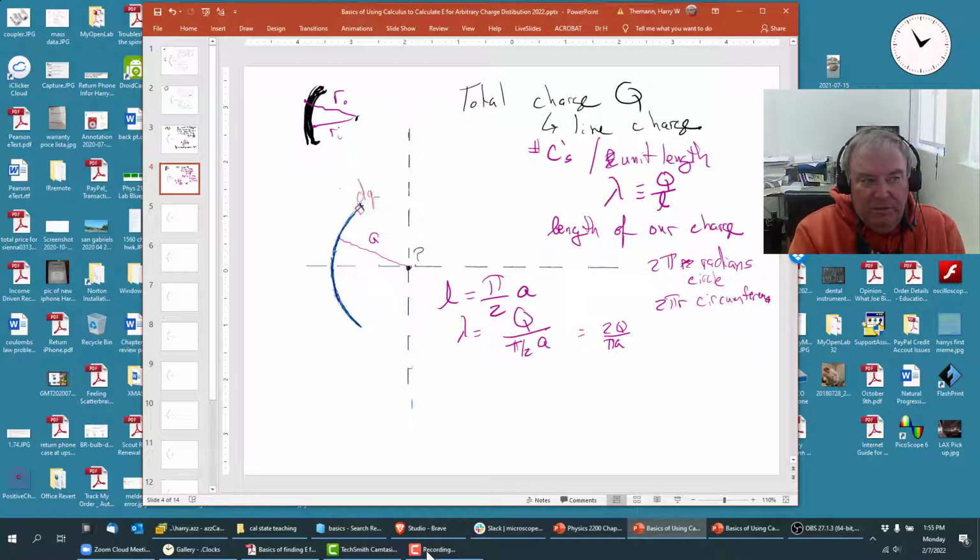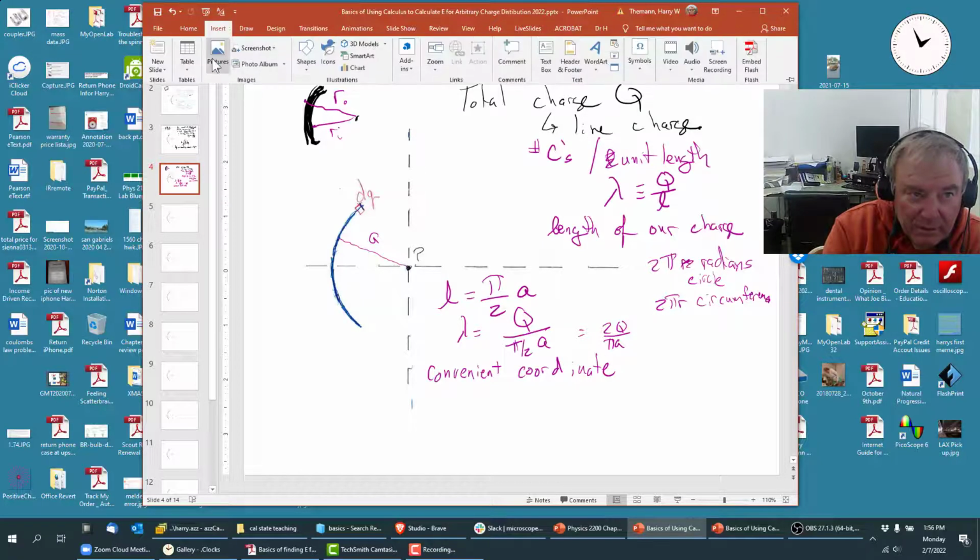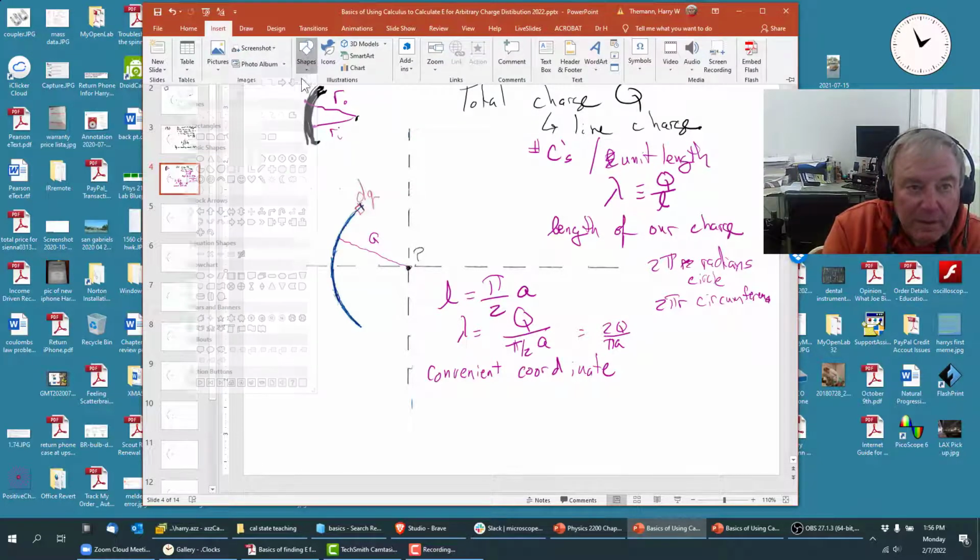Now, we also need to make an expression for how much charge is in dq. And then another thing we'd like to have is a convenient coordinate, because we're not going to integrate x and y here, and we might have to, but in this case we know that we have a constant radius vector. So what we're going to do is define ourselves a